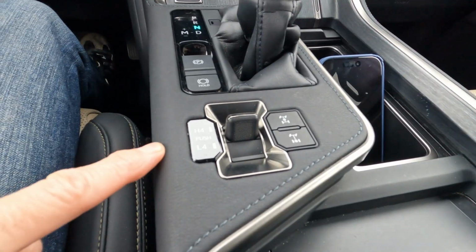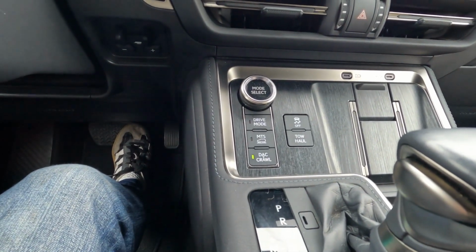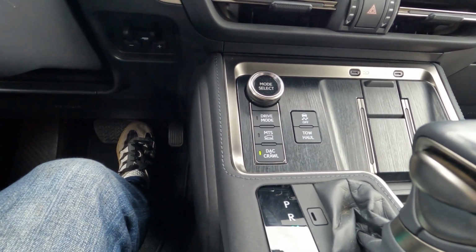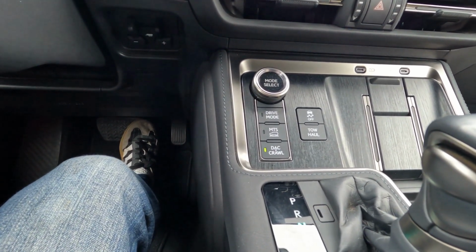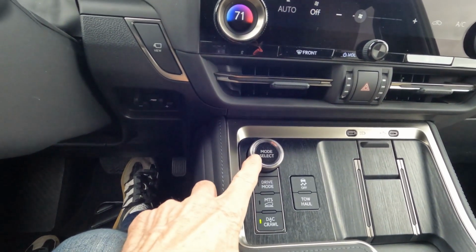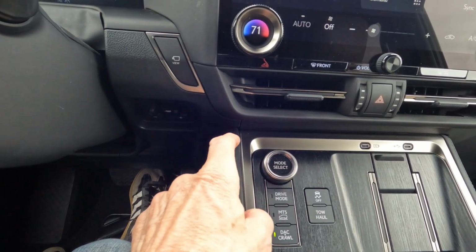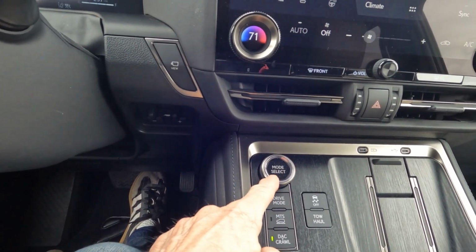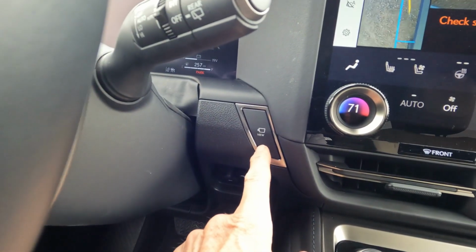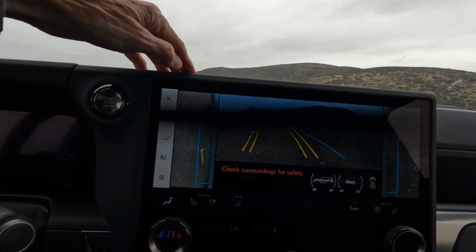Now in H4, you can actually select the downhill assist control and the crawl control. It's like an automatic system to control your speed, either going downhill, on the flat, or uphill. Once you're in DAC crawl, you can use the mode selector right or left to control your speed. This one comes with a cool box. And then finally down here is your view camera, and it gives you multiple options, but it really is good